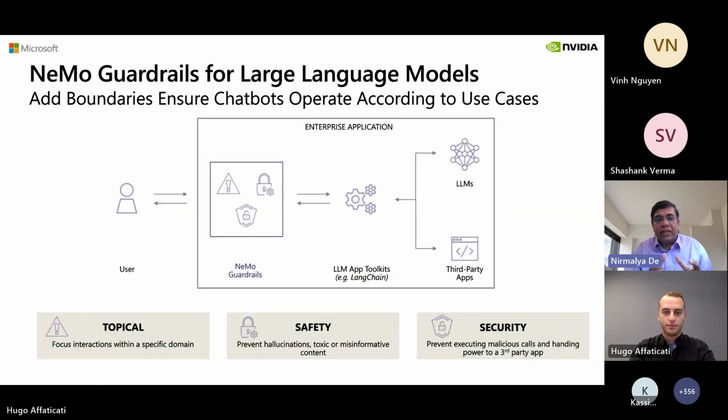So you can make the large language model answer only topical questions. You can make sure it is age appropriate, it is company appropriate, it does not give wrong answers, and it also stops prompt injection and that kind of thing. To give you an example, to make it real where guardrails work, let's say you are working